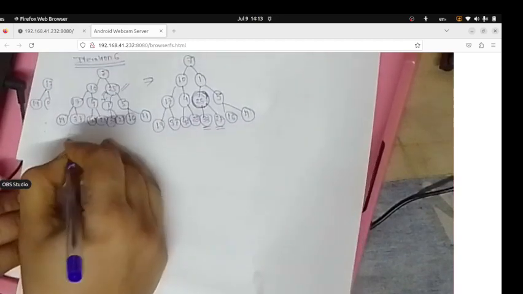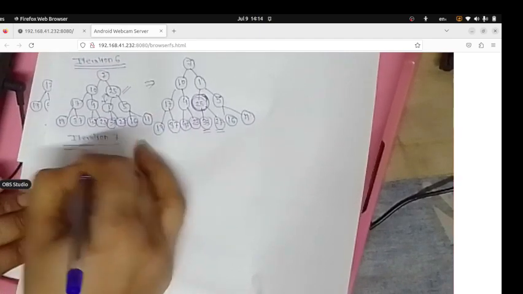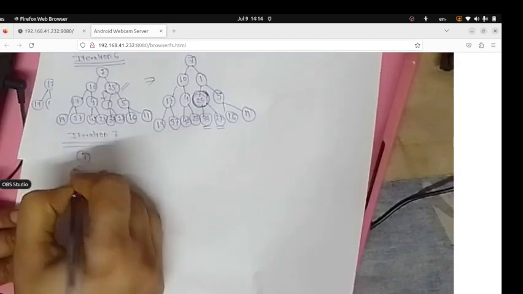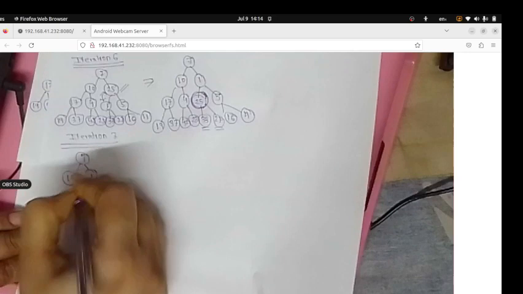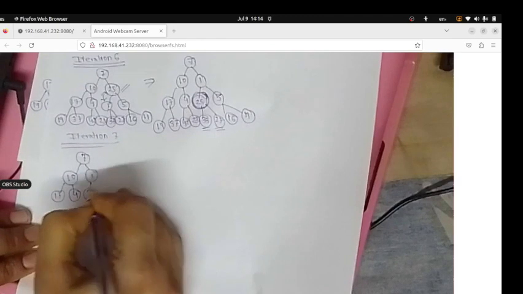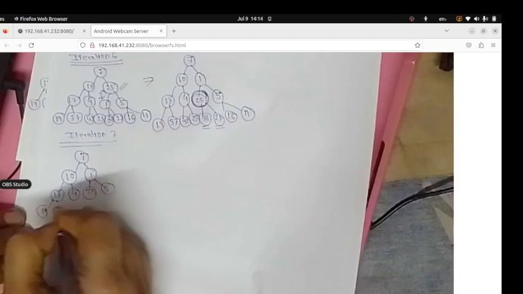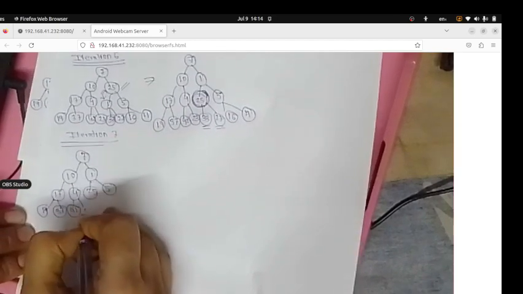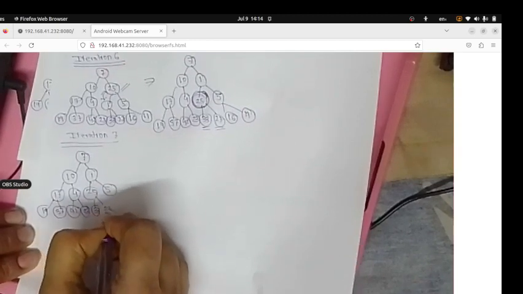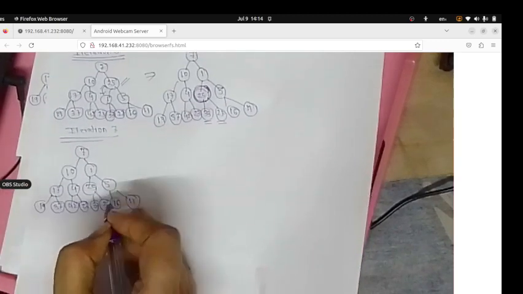So we will go for iteration 7, and the last modified tree will be here: 7, 10, 1, 17, 4, 25, 5, 19, 37, 42, 23, then 33, 27, then 16 and 11. So which was the parent node in this previous